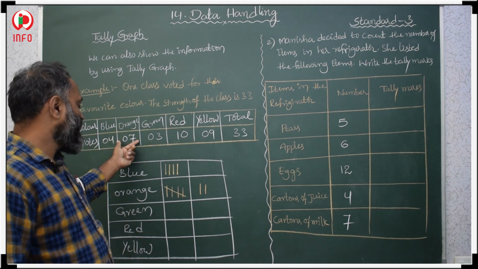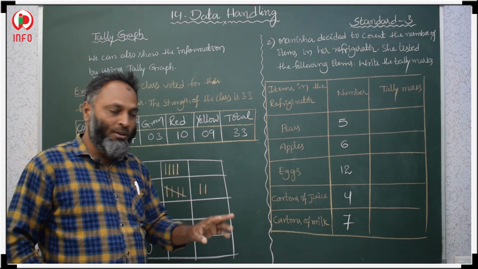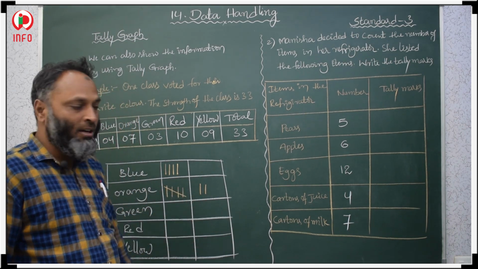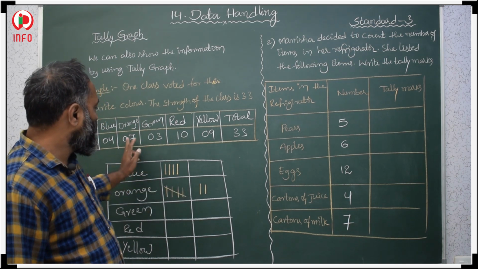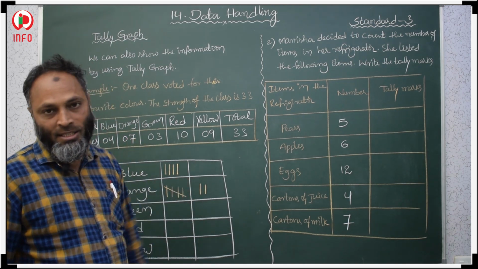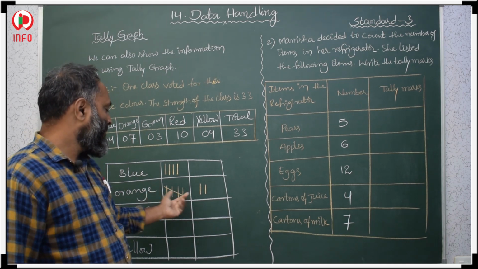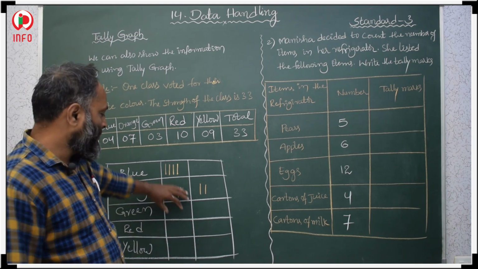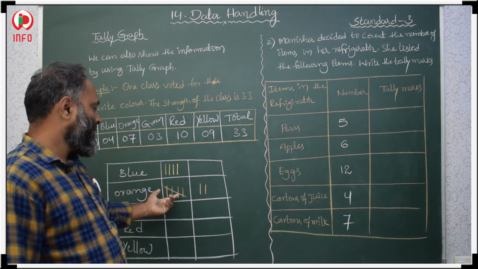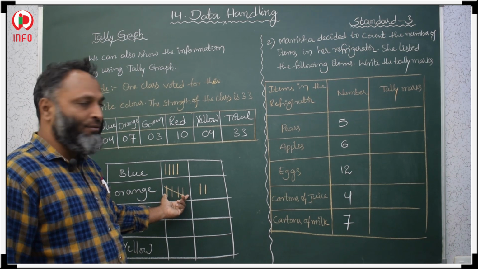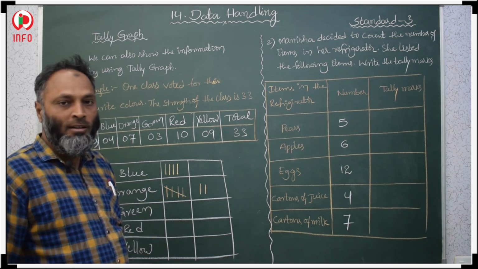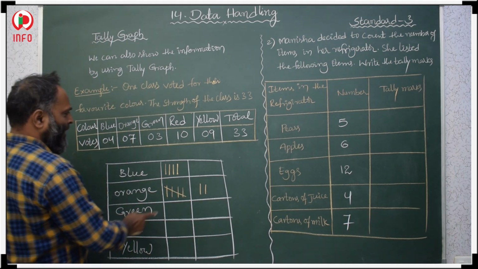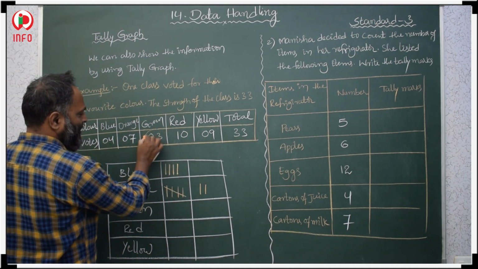How to take this 7? First we make 5 lines in one group, like 4 vertical lines and 1 slanting line. So total 5. Then we should draw 2 more vertical lines in the next group. Total 7. This complete bundle of lines, we can directly say this is 5, then 6, 7.